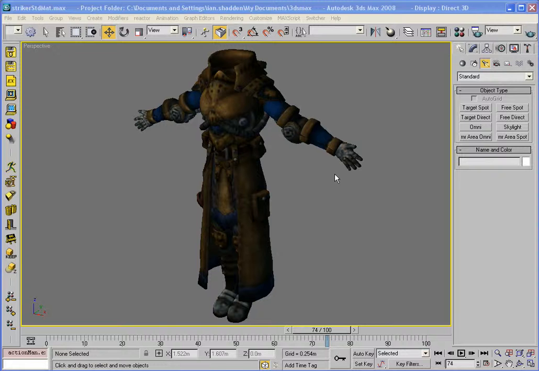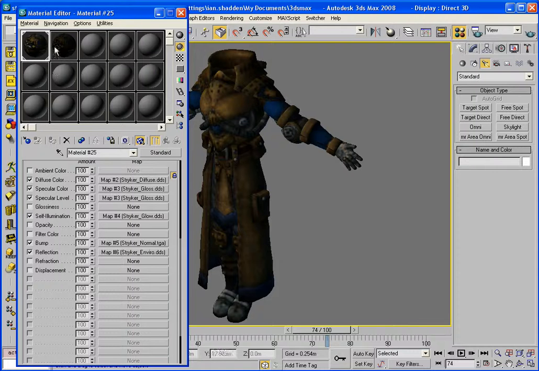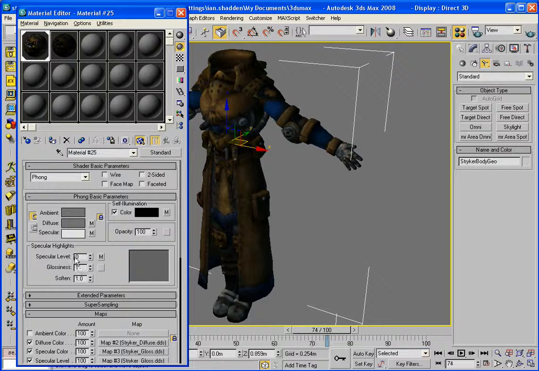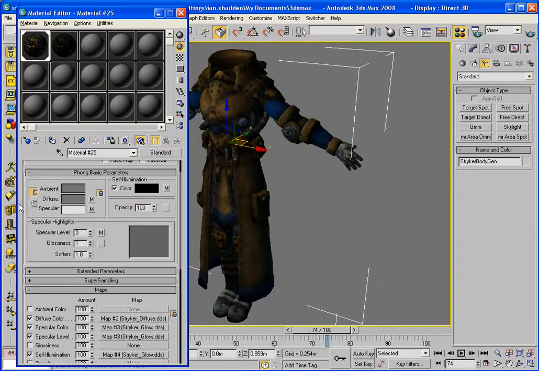Pretty cool dude. So to start off, let's go ahead and just examine the shader we have set up for Striker here within Max. And we can see that it's actually pretty basic here. I have it set to Phong. Diffuse map, specular level,